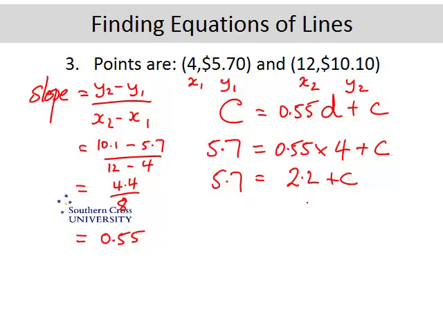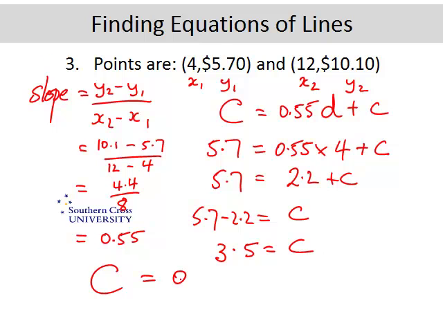So to get c on its own, we need to do the opposite of adding 2.2, which is subtract 2.2 from both sides. So subtracting 2.2, that's going to be 3.5. So that makes our equation now: the charge is 0.55 d